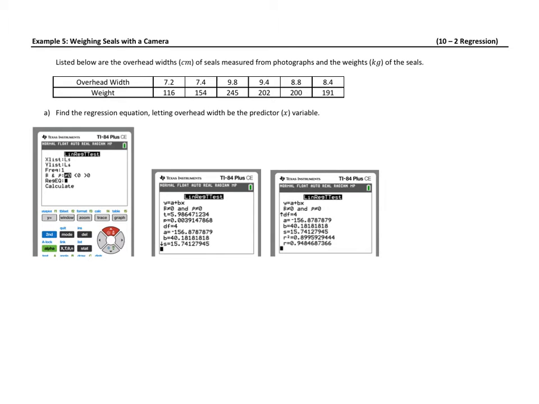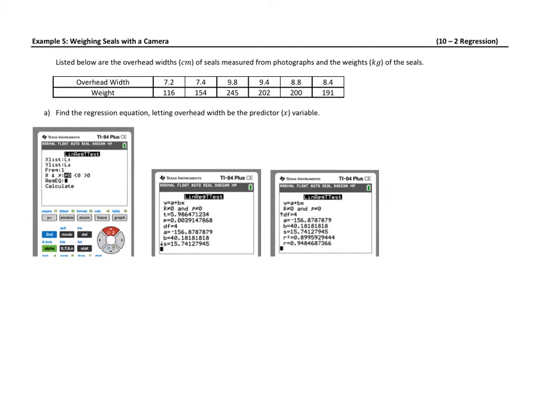This example is actually a continuation from example 3. So if you go down in the description below this video, you'll see a link to example 3. In example 3, we were looking at the same data set as what we have here, which is the overhead width and weight of seals measured from photographs. And in example 3, we did a hypothesis test to show that these two variables are in fact linear,